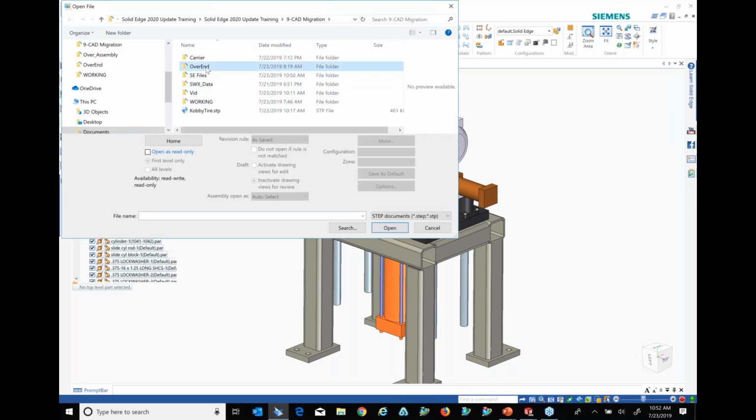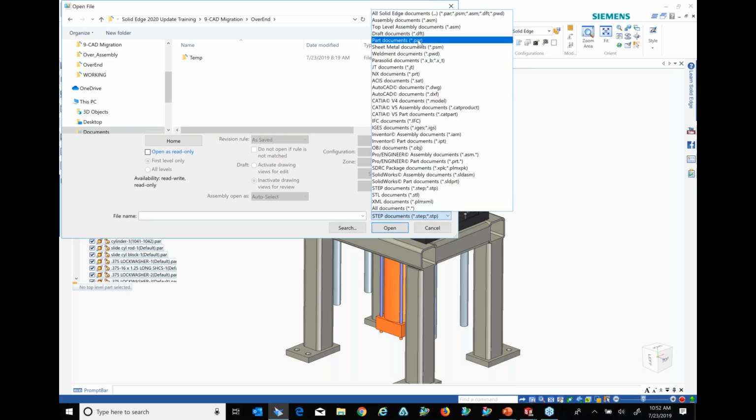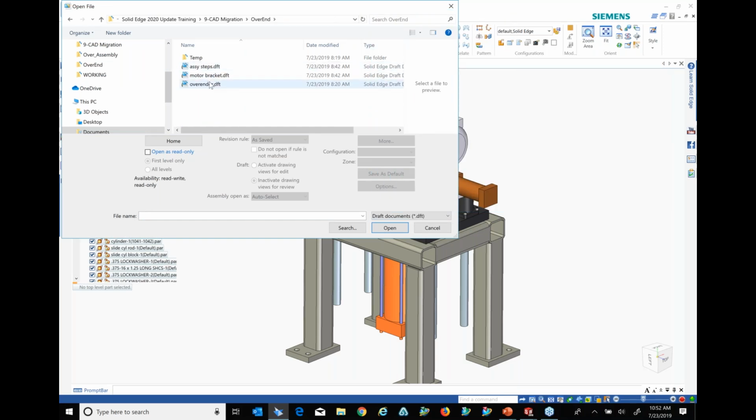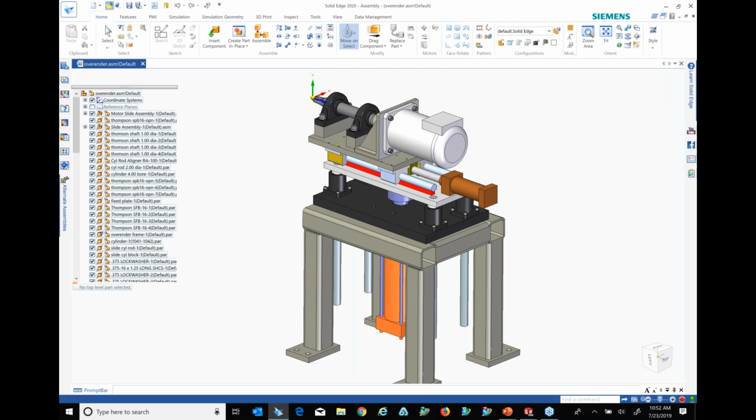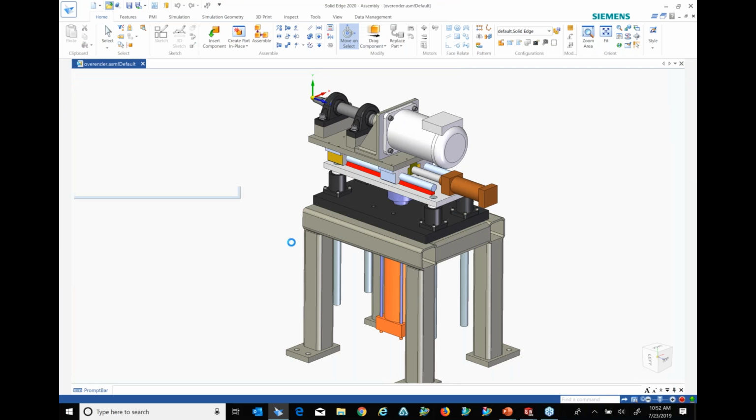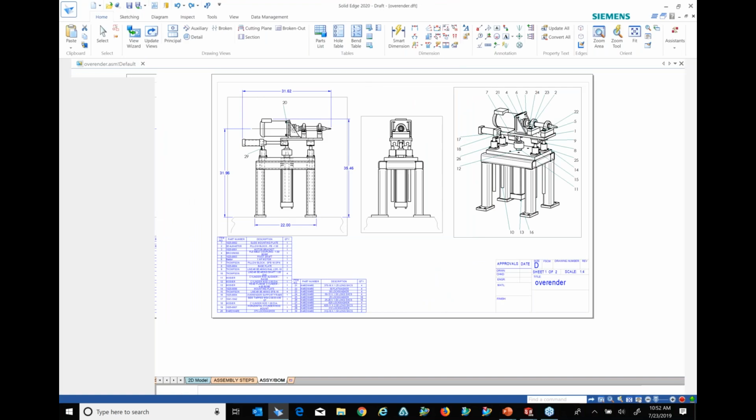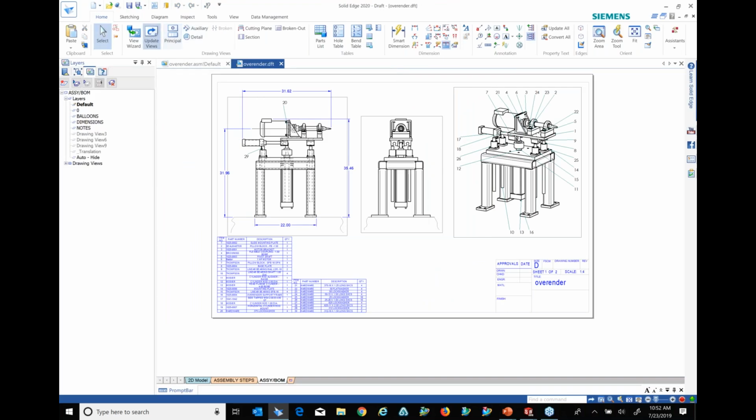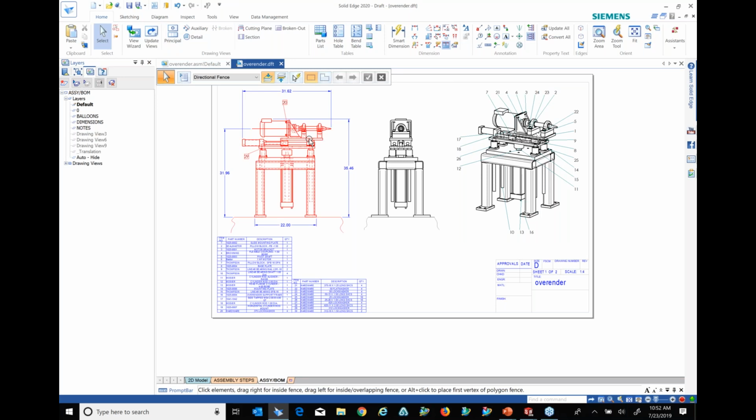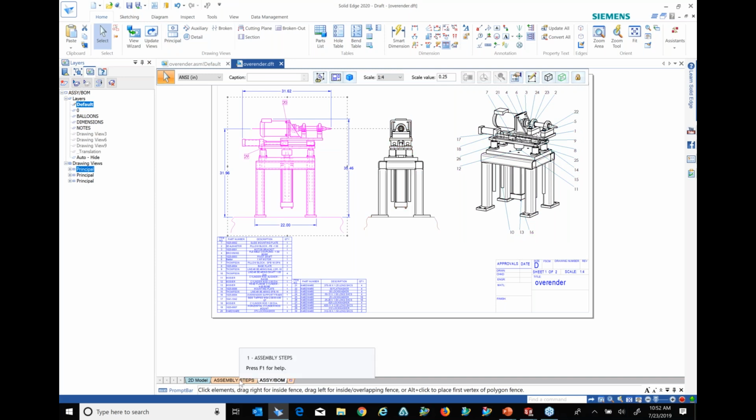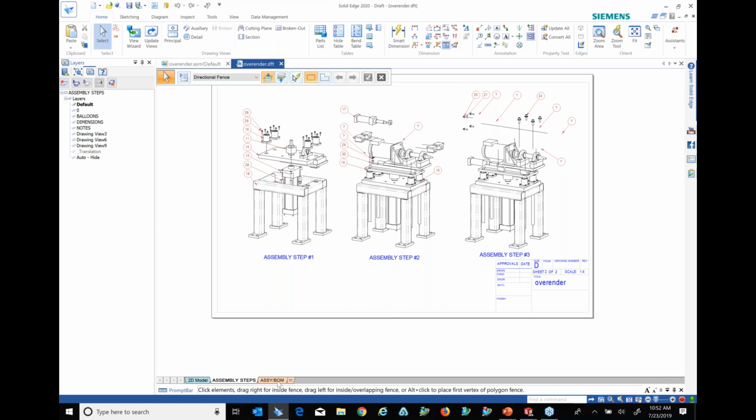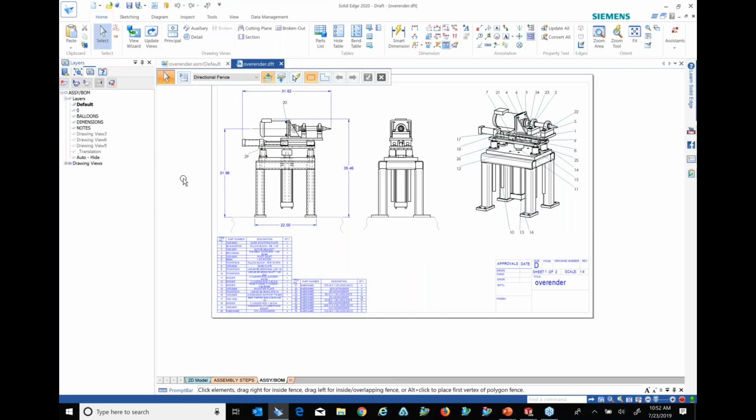Let's go into here and look at our drawing files, and we'll look at the draft document. A couple of drawings are out of date, so we'll update those. And these are actually a connection to the assembly. These assembly steps are even isolated. We can look at some other drawings that were inside that